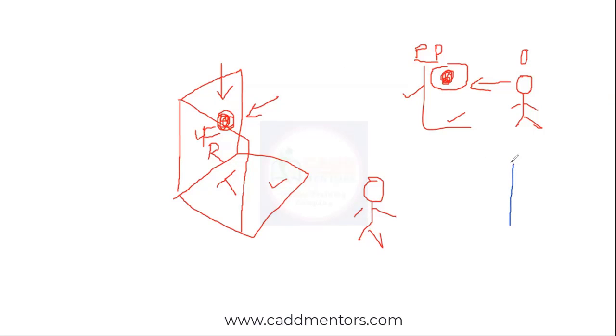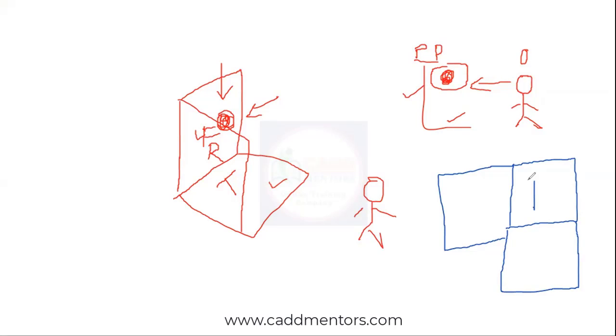Now if I open all these planes, I'll just open all these planes now. Okay, see, I just opened all the planes. So you have front, top, right, and if you put the remaining planes also, you will get left and the bottom view. Now you can see the difference. The front view is exactly in the center. At the left side, you are getting a right view. At the right side, you are getting a left view. At the top, you are getting the bottom view. At the bottom, you are getting the top view.